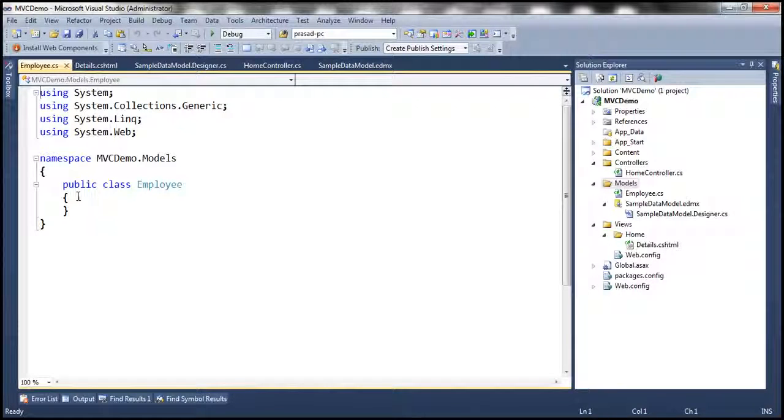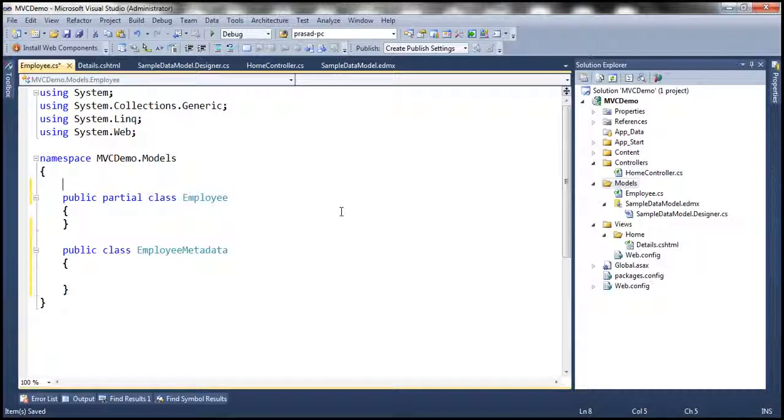And this is the class which is going to contain all our customizations. So this is going to be another partial class. And then I'm going to create another class here, public class, and I'm going to call this EmployeeMetadata. This class is actually going to contain the metadata related to the Employee class. And then to associate this EmployeeMetadata class with the Employee partial class, I'm going to use the MetadataType attribute, and